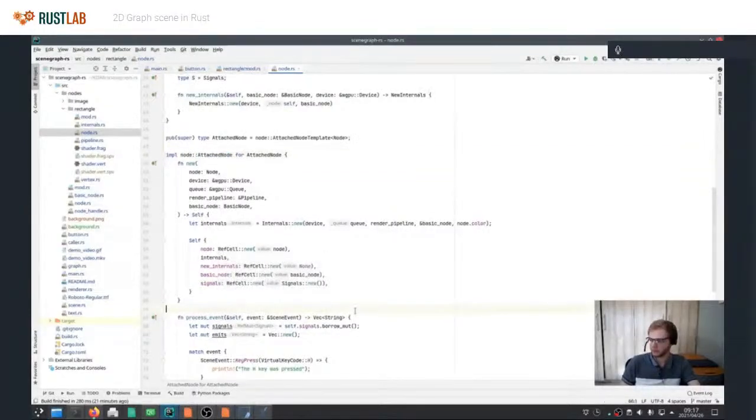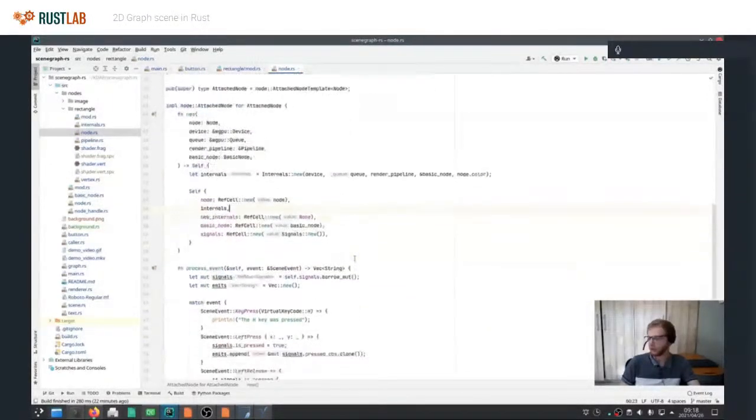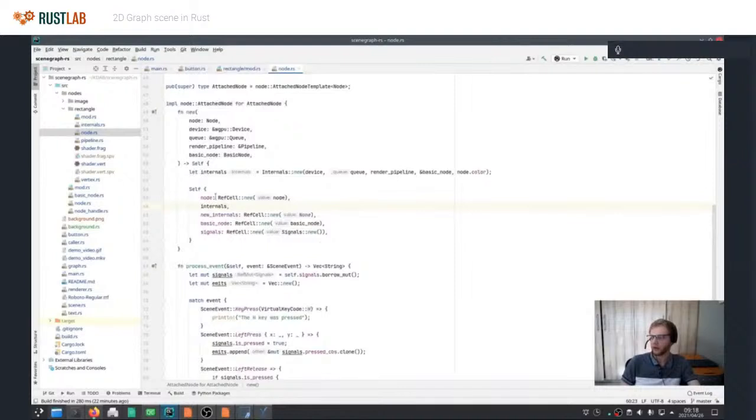Well, actually, no. The high level thing is a handle for this. What I actually had to do is make all the separate parts of the attached node ref cells, so that you can mutate the separate parts of it individually by just having a non-mutable reference.